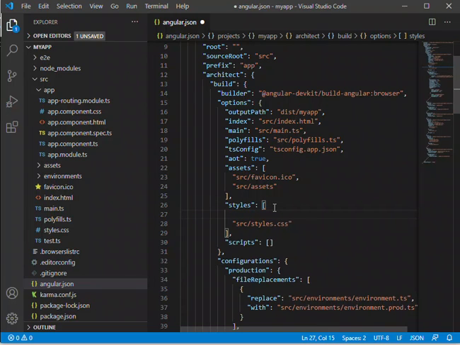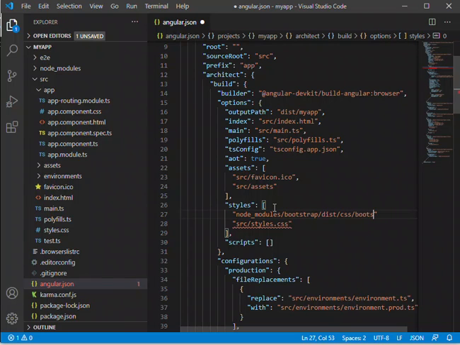So enter, double quote, and then where is Bootstrap located? node_modules/bootstrap/dist/css, and the name of the file.